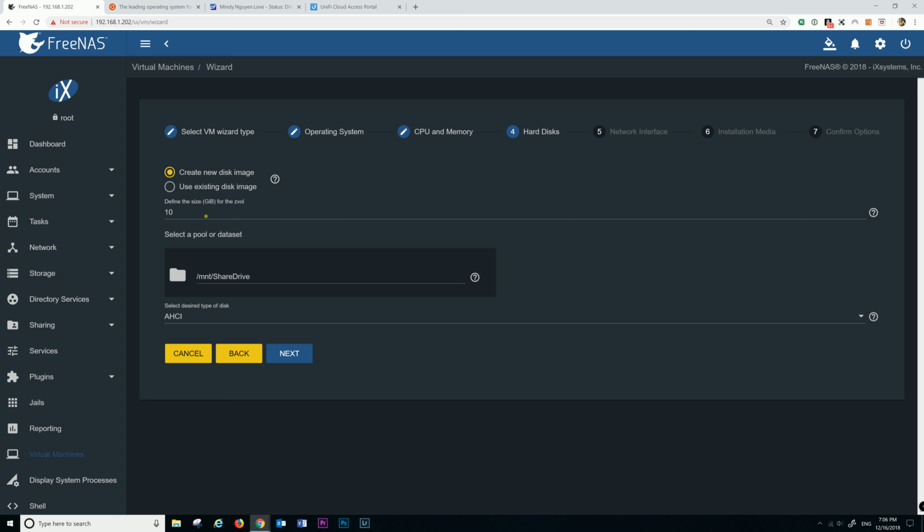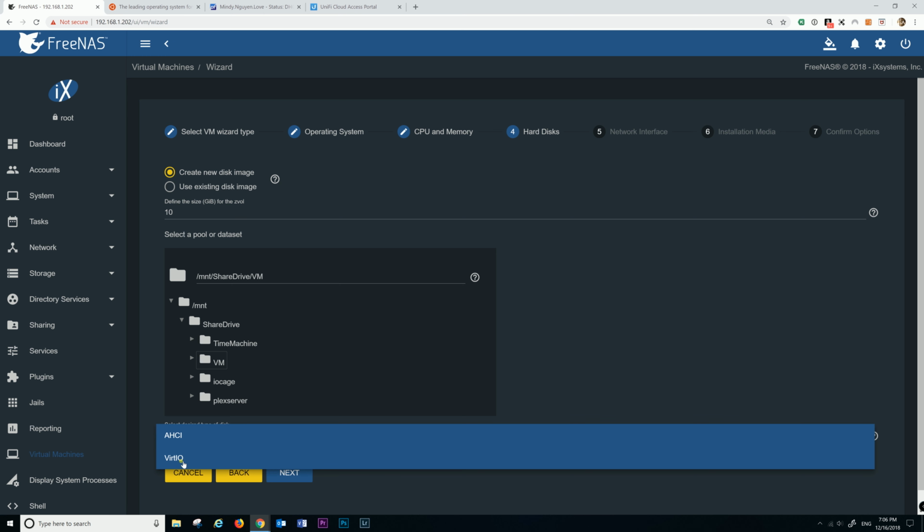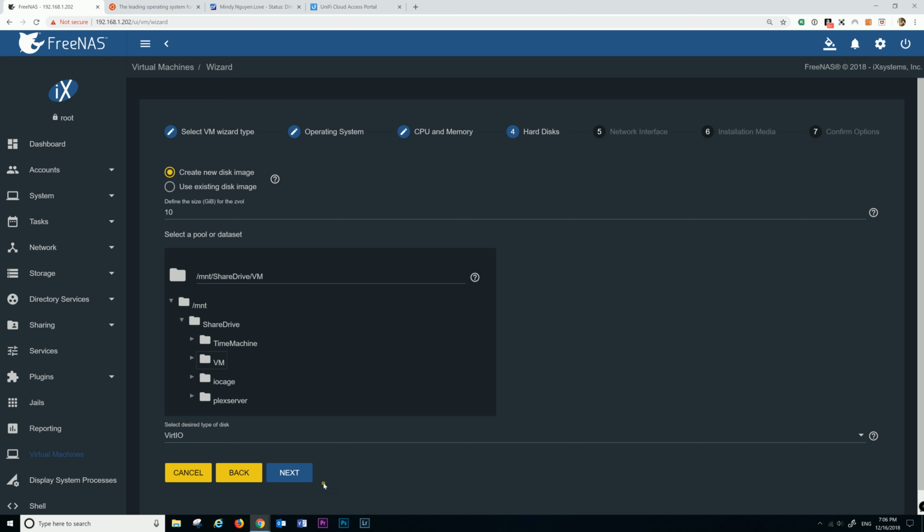Hard disk right here lets you define the size for your disk image. We're gonna create a new one, and then you define the size on it. The default is 10 GB, but put whatever value you desire. And next, we're gonna select the directory where we're gonna store this image. I'm gonna store it on my VM. For the type, you can use AHCI, which is fine, or because this is a virtual environment, I can use VirtIO for it. Then next,